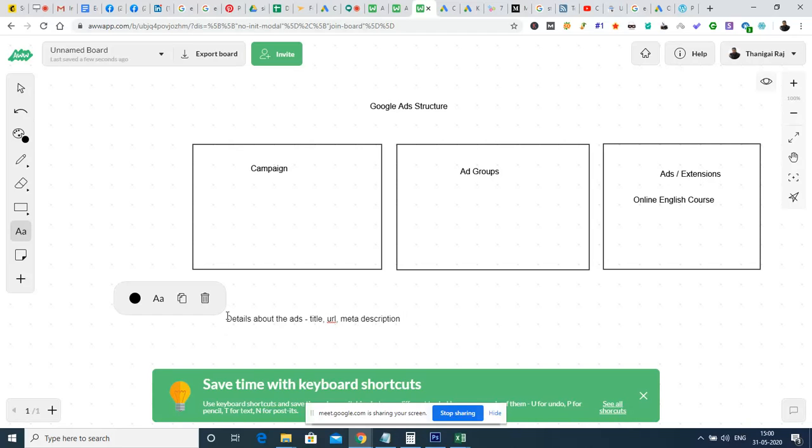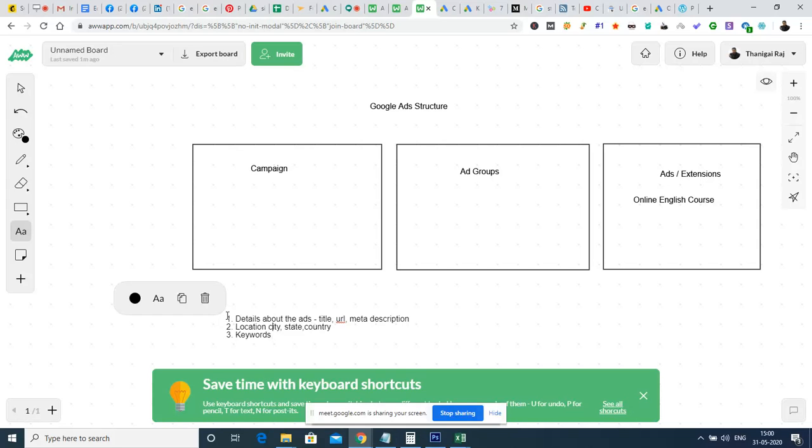Next, we will provide the location we want to target: city, state, or country where we want the advertisement to run. That is the second thing. For the third one, we will choose the keywords. What keywords do I want the advertisement to run for? These are a few of the things basically required for any advertisement to run.